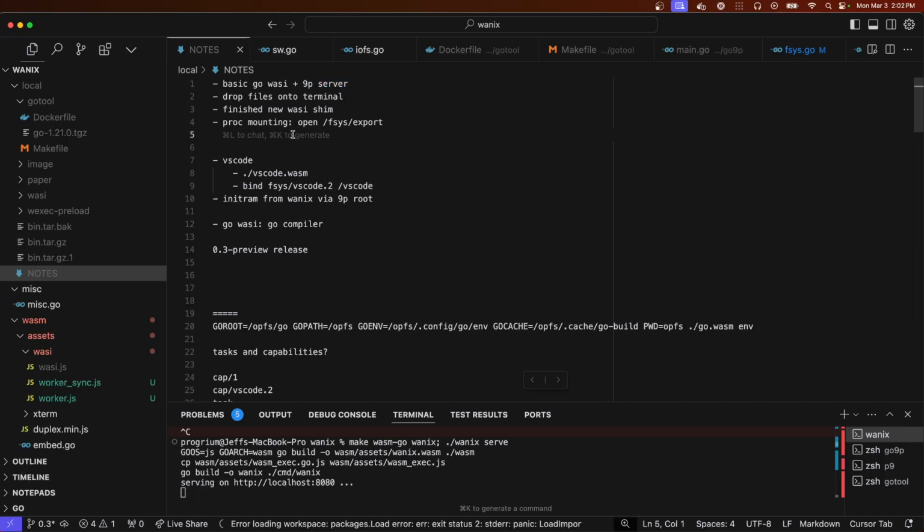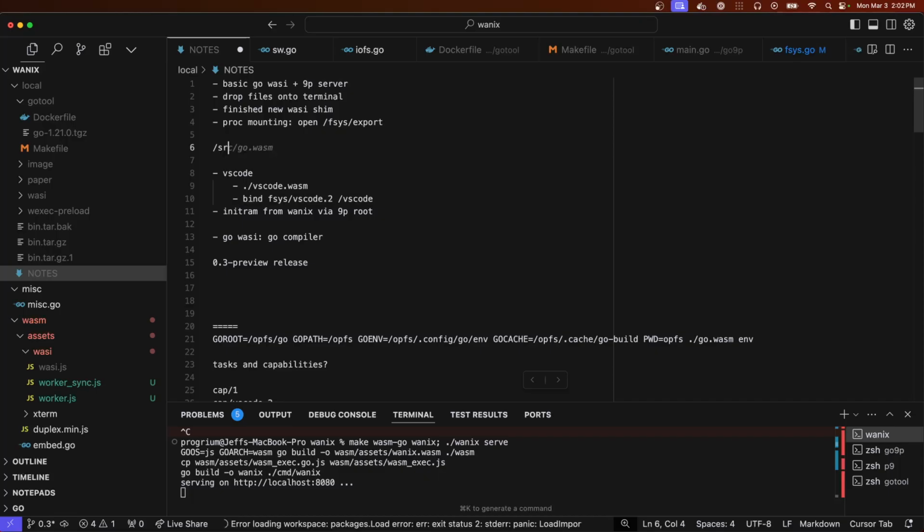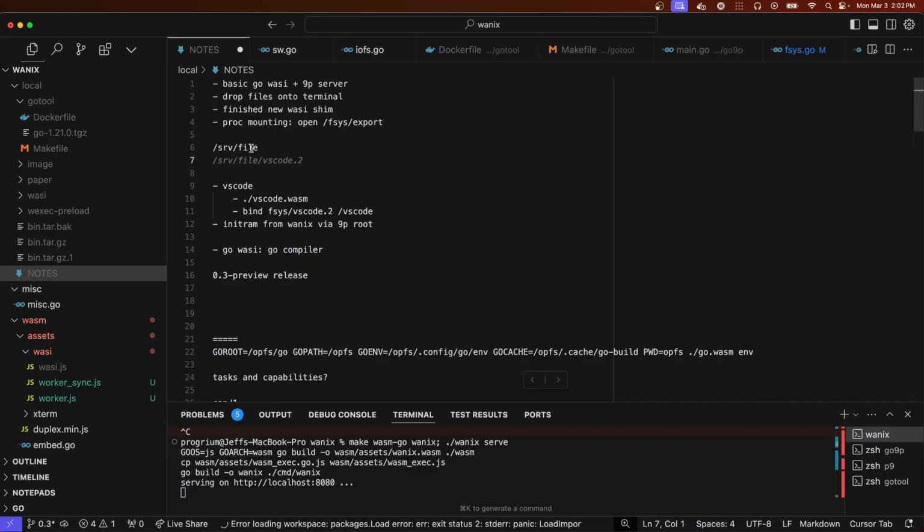So in Plan 9, there's this, I don't know what you'd call it, file service, built-in kernel thing called SRV. And if you open up a file here, you can write to it a file descriptor, and it will post your file descriptor to that file. So then if somebody else opens it, they get a sort of pipe to that file descriptor.